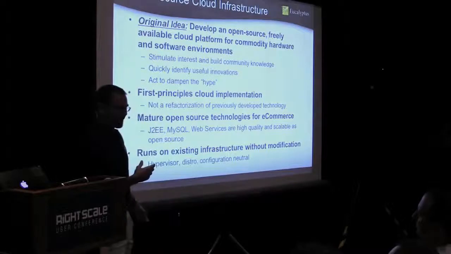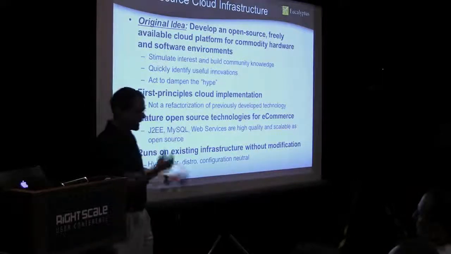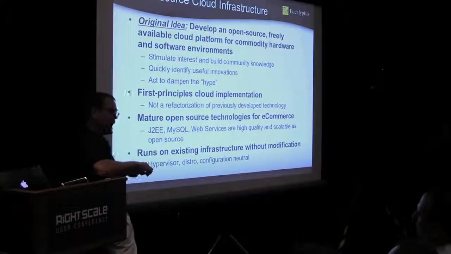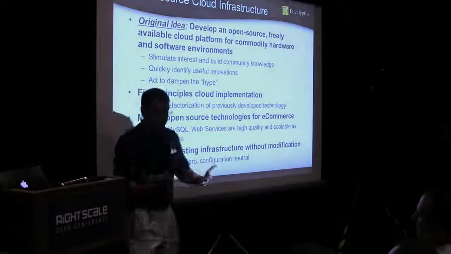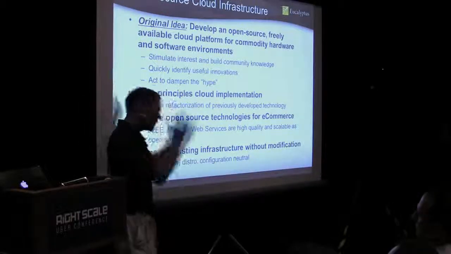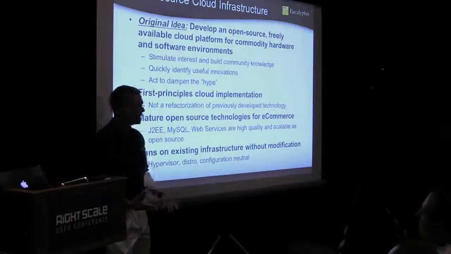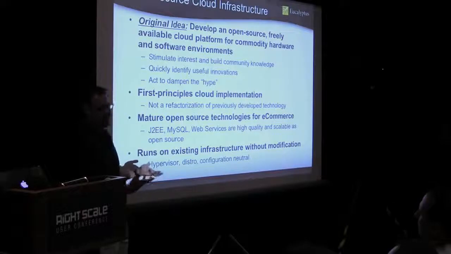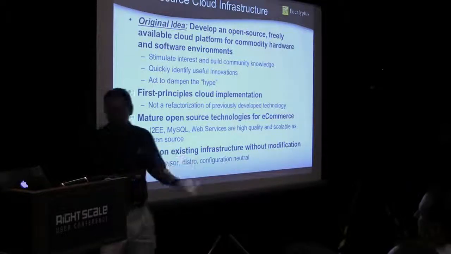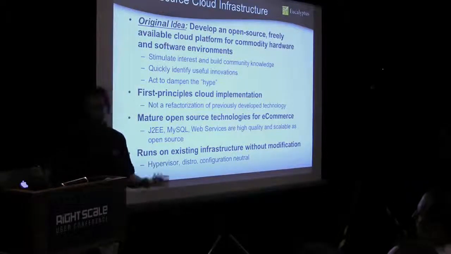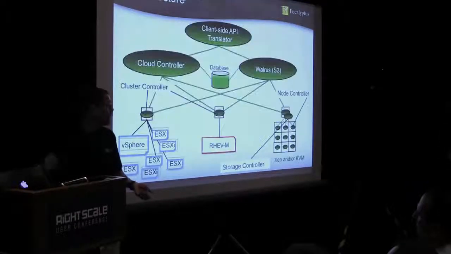We called up our friends at RightScale, who are in Santa Barbara, and we said, we need you to do this Turing test for us. Will you point RightScale at our Eucalyptus cloud and see if it will work? It worked on the first try. So the AWS API for us was a way of silencing the argument over whether what we had built from first principles, from e-commerce technology, is a cloud. It is. And that's also persisted with us because it also happens to be the number one API for applications today. We didn't know that at the time.